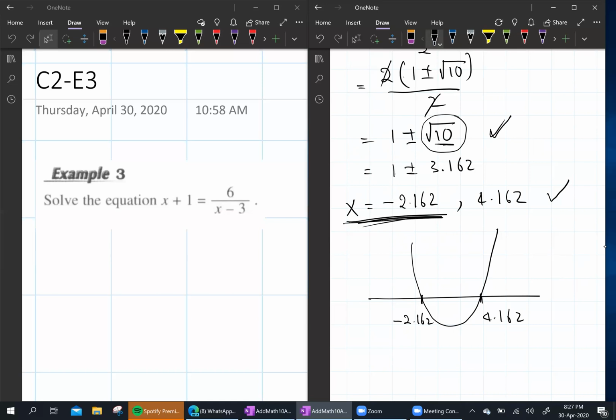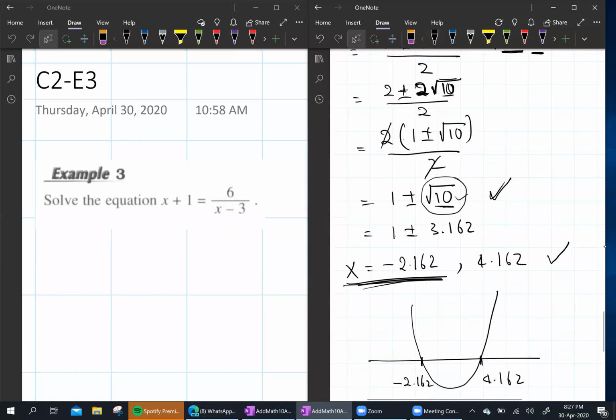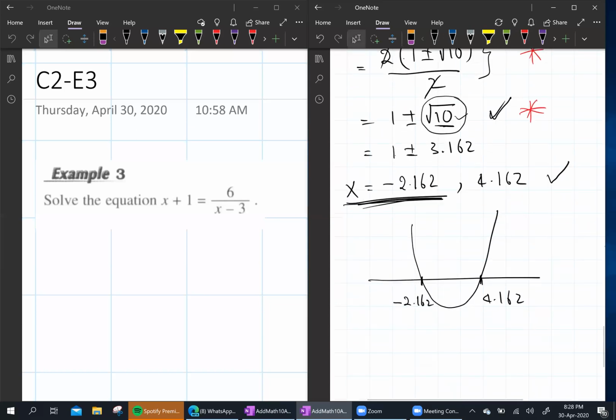Actually, you got a lot of areas that you are still weak at, like handling roots. You don't know how to handle roots. This type also you don't know yet. Never mind. I'll see how I can help you in these areas. So this is example number 3. You see, you are weak in maths because your foundation is